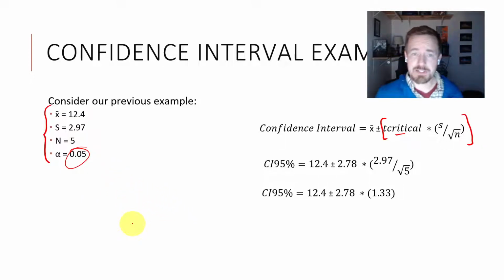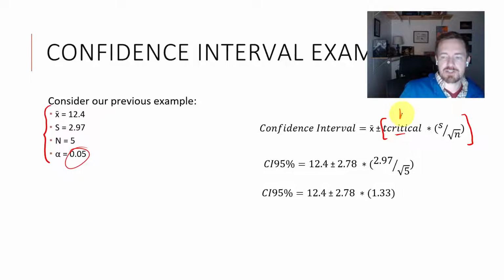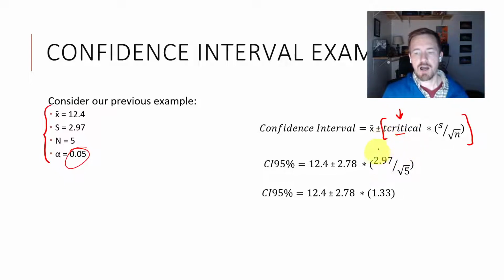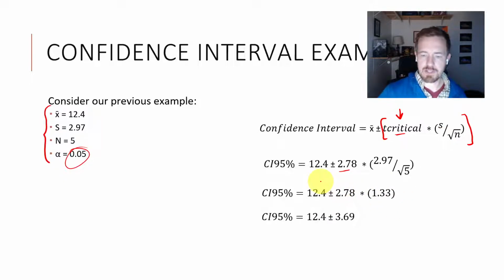So why am I bringing up two-tailed here? Because that changes the nature of the t-critical formula. So for us, the t-critical was 2.78. Right? So we're going to put in 2.78 there, and then we're going to multiply that by the sampling error, which, if you remember, is 1.33. So this is going to then give us, our margin of error is plus or minus 3.69,